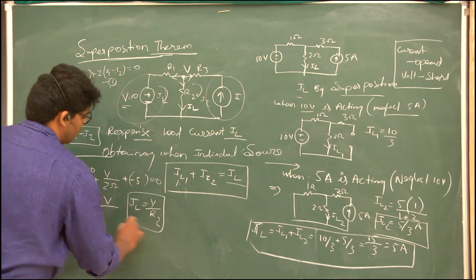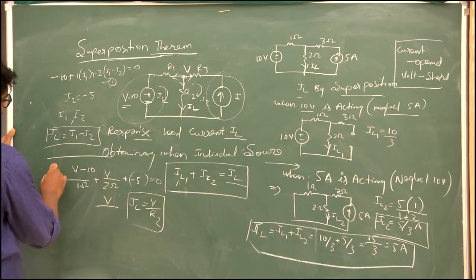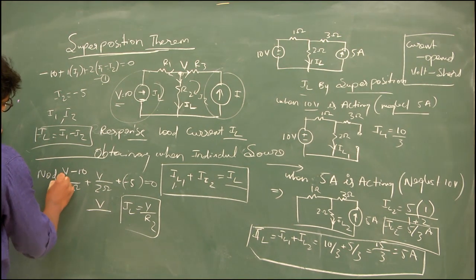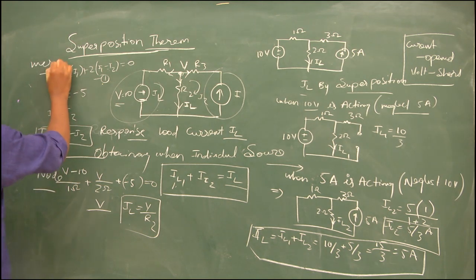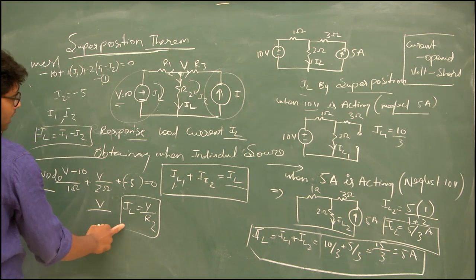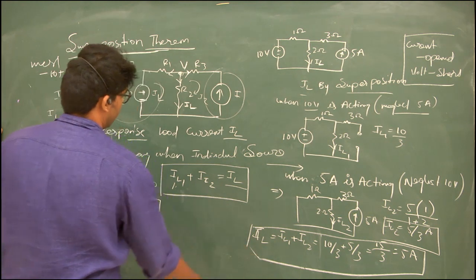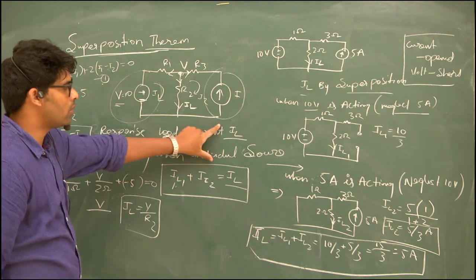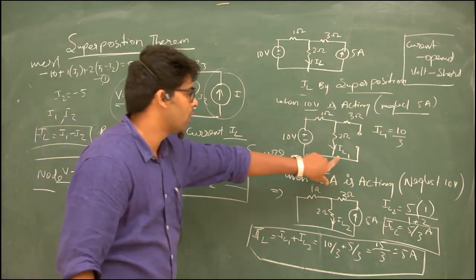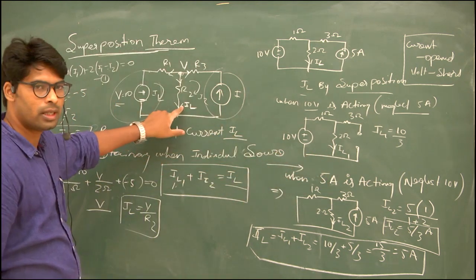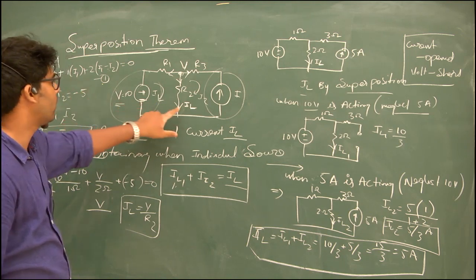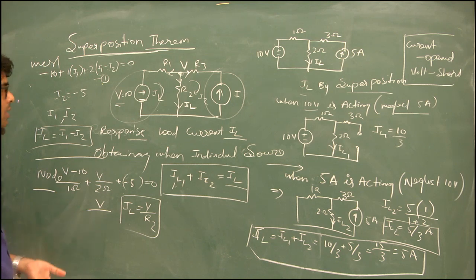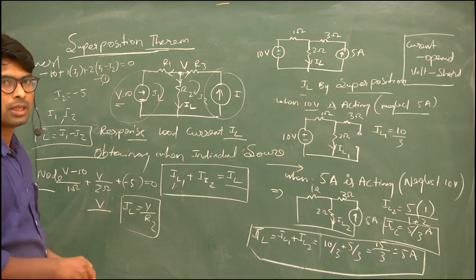This also you get. So by this node analysis method, and this is mesh analysis method, you will get the IL value, and this is the superposition method. If the examiner asks you, by superposition theorem you need to find all these things, but simply for 2 marks or 3 marks, if I ask you to do mesh analysis, you can find by this method, or by node analysis also. Okay, this is about superposition theorem.